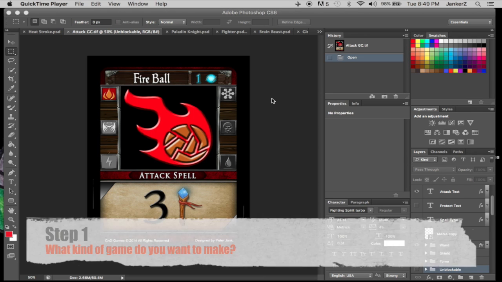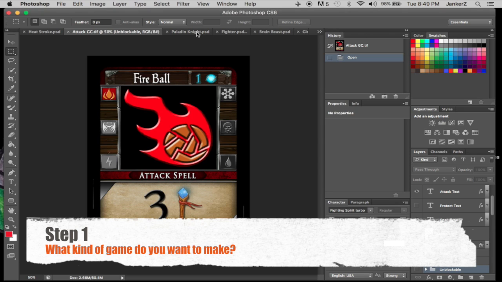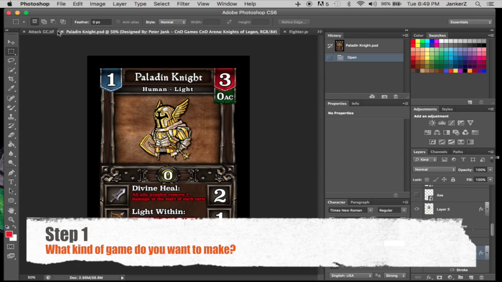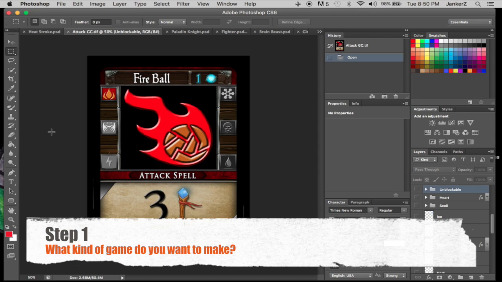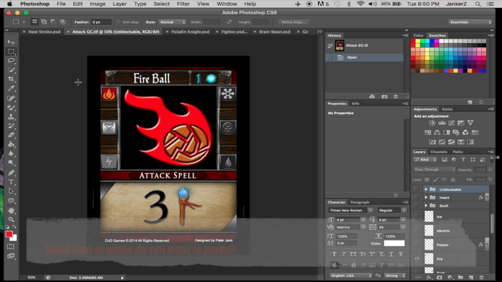Step 1 is, what kind of game do you want to make? Are you looking to make a TCG? Are you looking to make a board game? Are you looking to make any kind of new groundbreaking kind of game that nobody's ever seen? It's really kind of up to you. So for my example here, for Spellbook, I wanted to go for a simpler, more streamlined kind of Magic the Gathering, where you're casting all sorts of spells. So the very first thing I'm looking for is what can I possibly do to make this a little bit different? So that kind of goes into